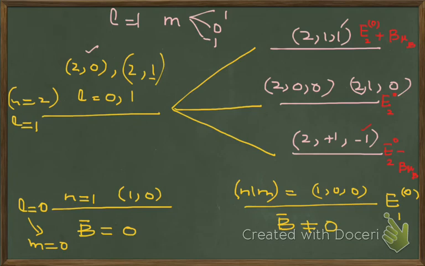Now we draw the splitting for the second excited level, N equal to 3 and L equal to 2. For N equal to 3, L will have three values: 0, 1 and 2. And here we are discussing splitting of only this level, and this splitting of the 3 1 level will be according to this, as we have described earlier.